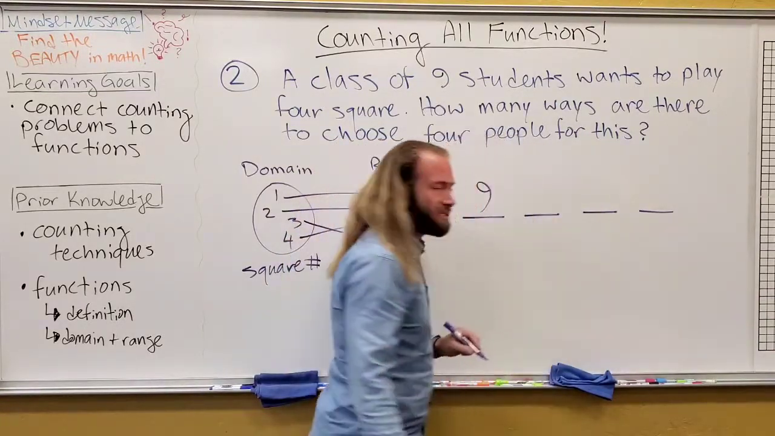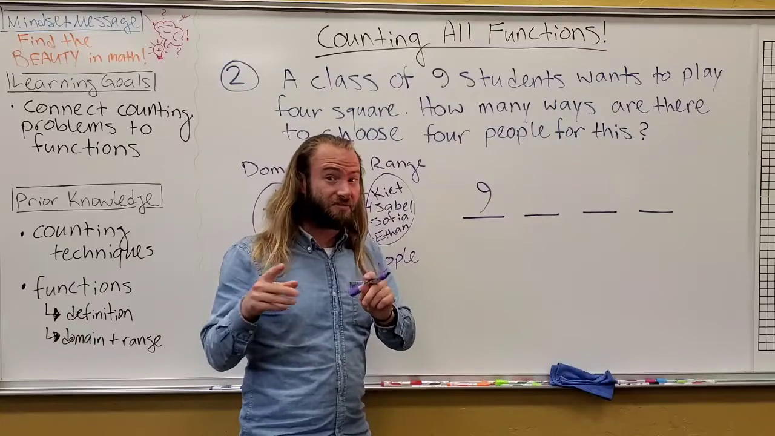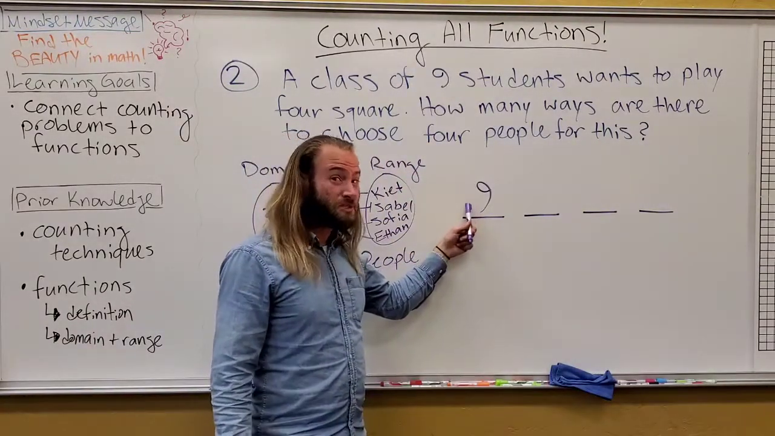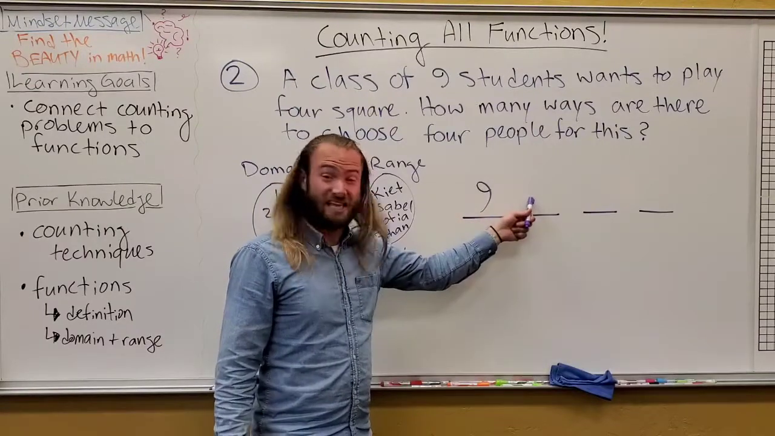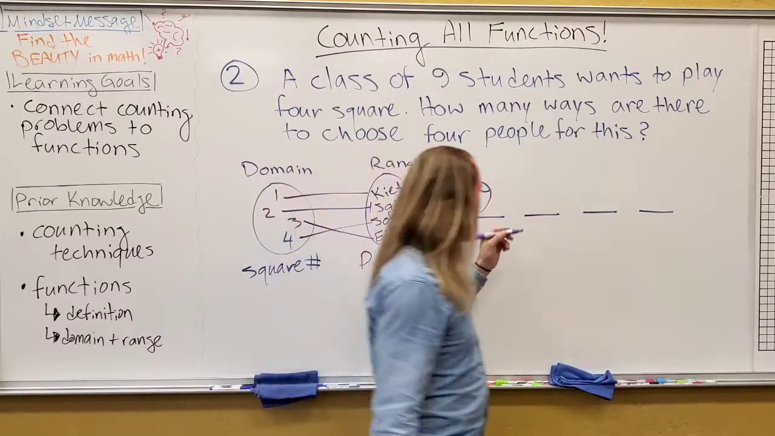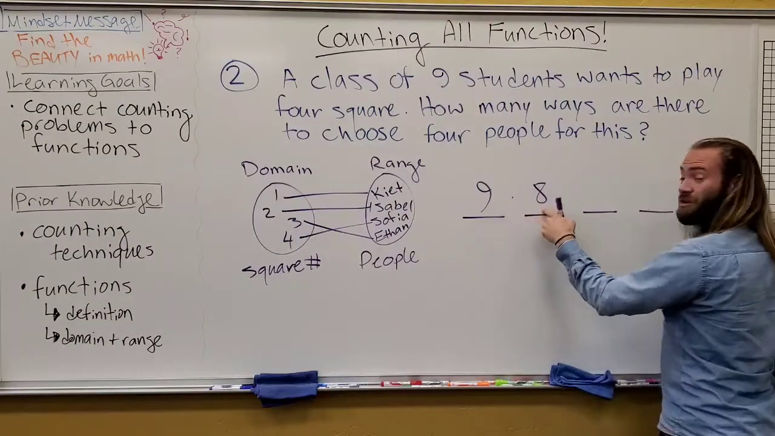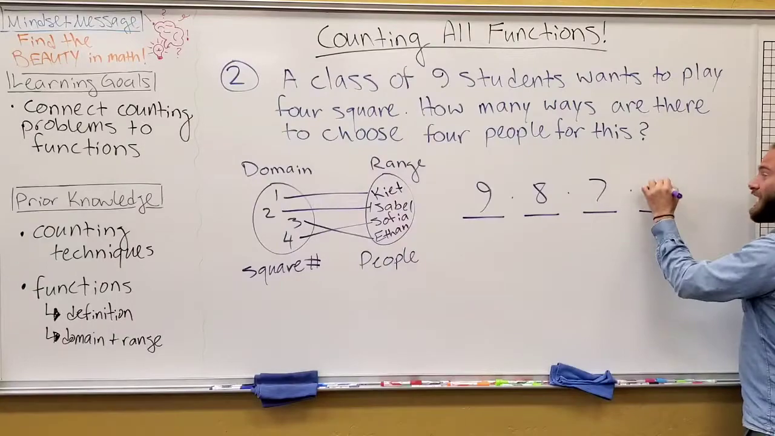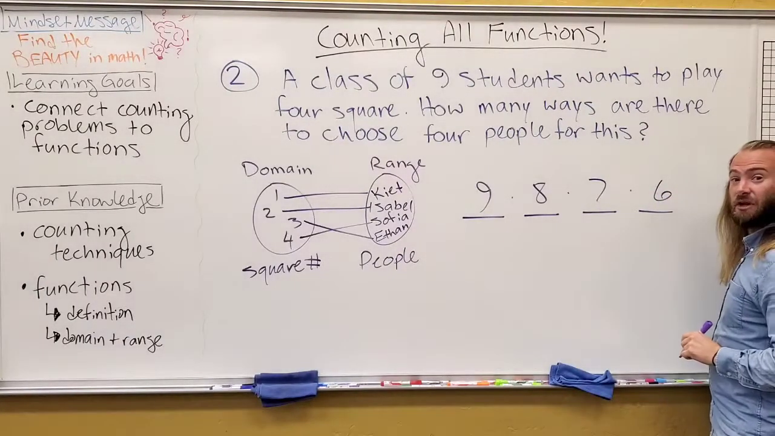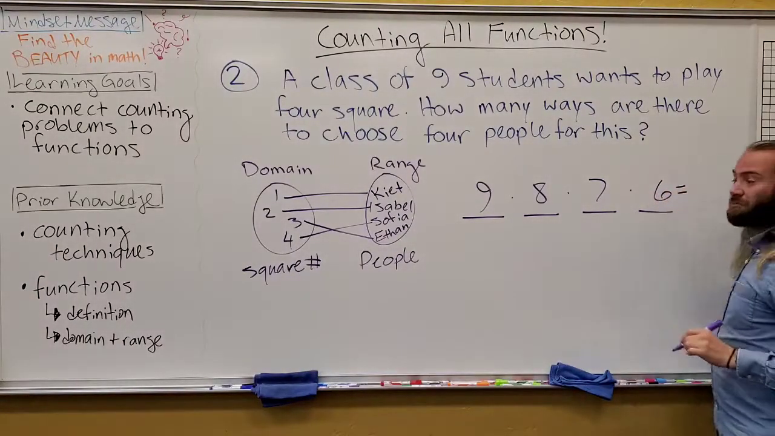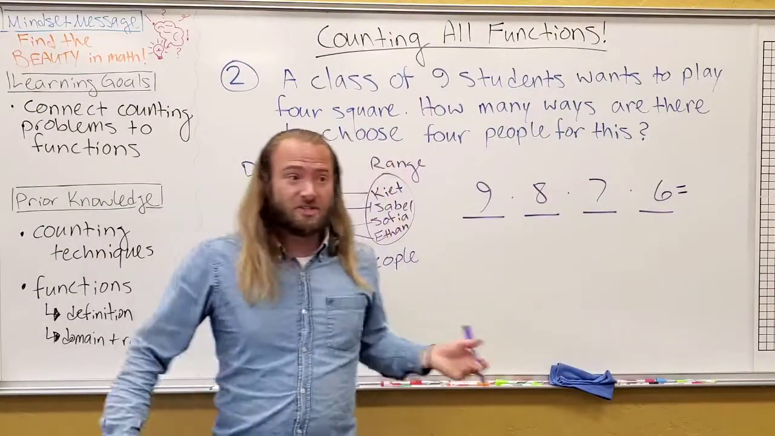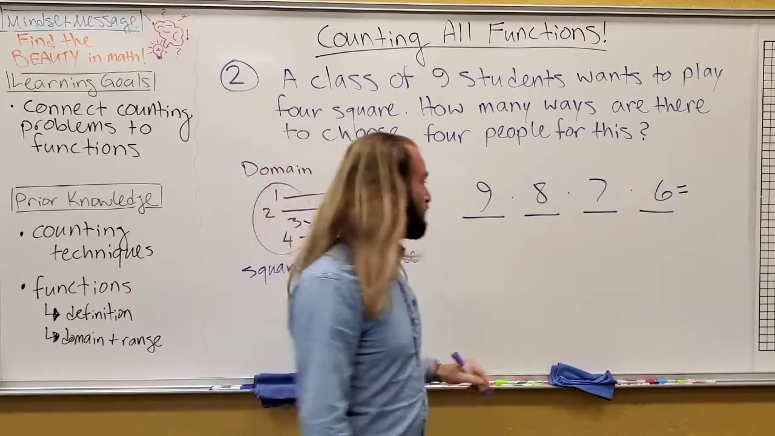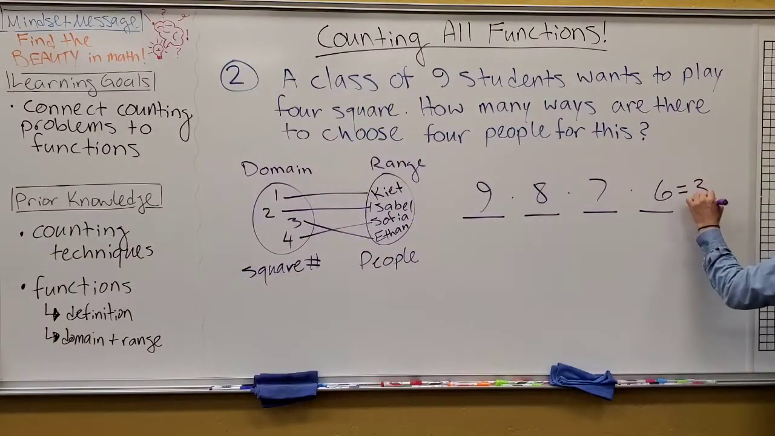So 9 possibilities there. And this is where this fundamental difference between these functions and the ones in the last problem comes into play. Once a person's been used in this slot, they can't be used again, right? So there would be 8 people available for square 2, let's say, 7 people available for the next one, and then 6 to choose from for the next one. And if we actually multiplied that all together, it'll give us the total number of ways we could choose 4 people out of this class to start out our 4 square game, which would be